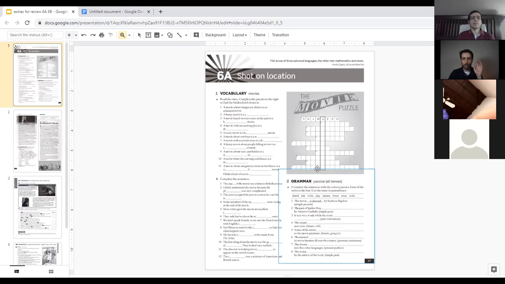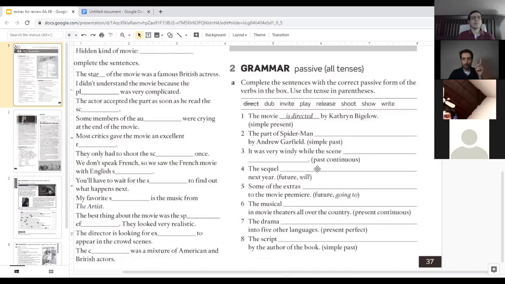You are supposed to complete the sentences with the correct passive form of the verbs in the box. So two activities we have here. First, identify the correct verb you need to use. And then second, you are supposed to know how to use it in the passive. So double trouble for this exercise. Take a second. The example is: The movie is directed by Kathryn Bigelow. In parentheses, they indicate the tense you are supposed to use. That is supposed to affect the verb be. Let's go completing this together.